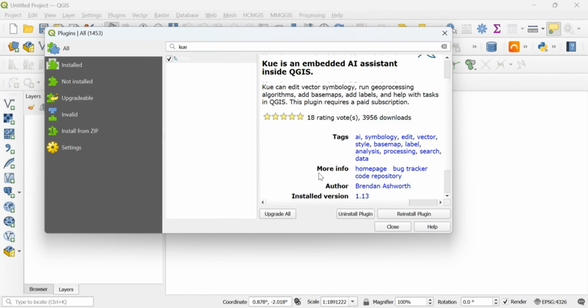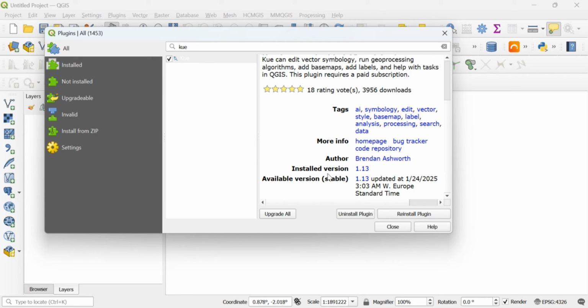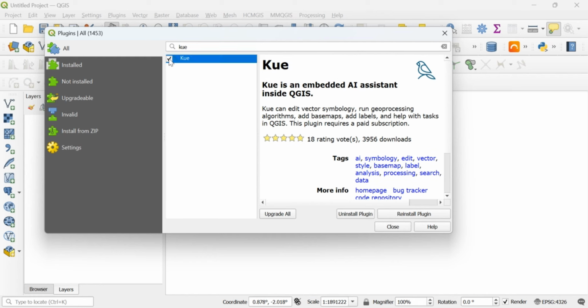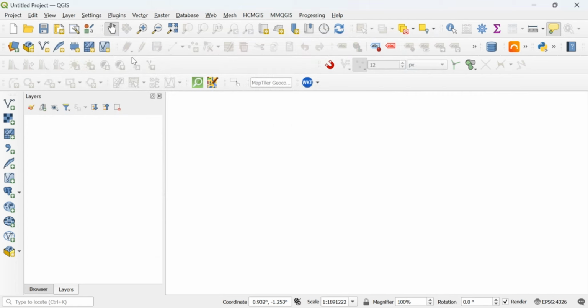I think this also comes with a lot of dependencies, so you don't need to do anything unlike in other plugins. You just have to press install, and then you make sure that this is ticked, otherwise you don't see it. Once you are done installing, you just close. If you have a lot of toolboxes open like mine, then you get problems locating your newly installed plugin.